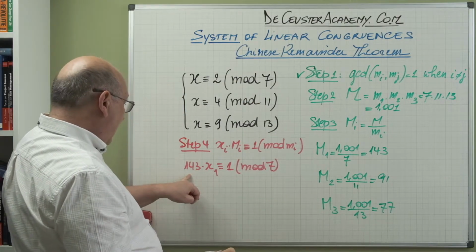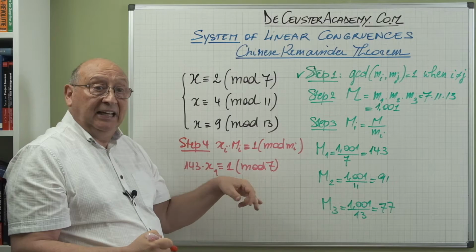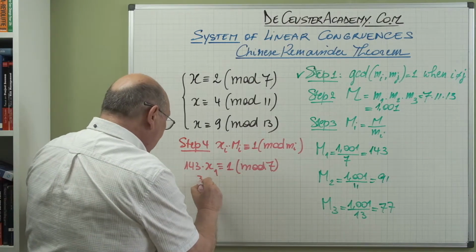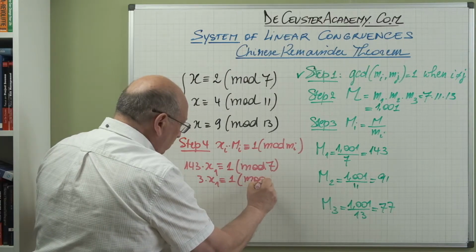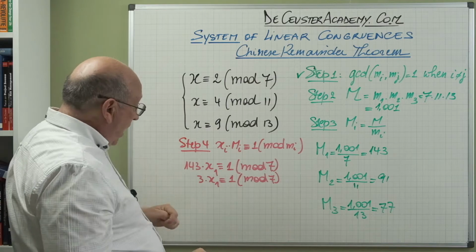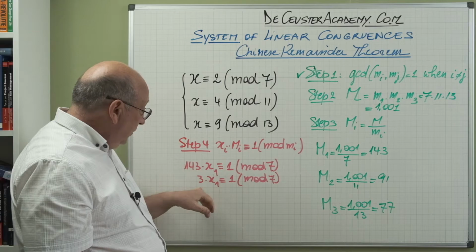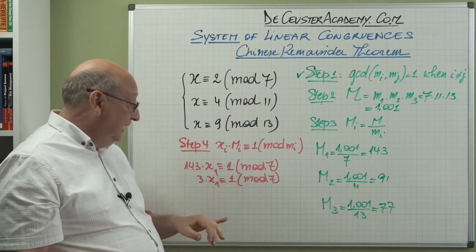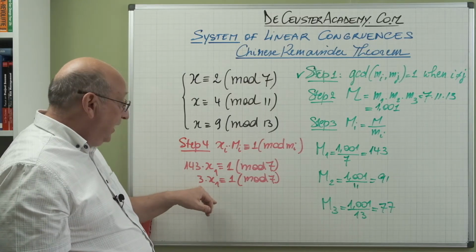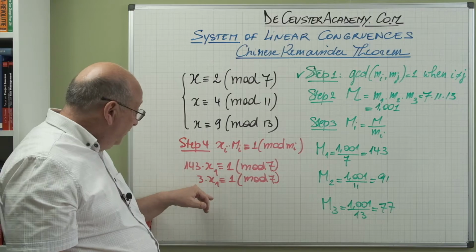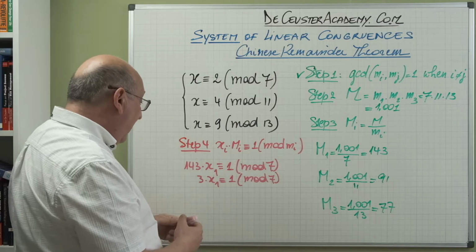Now we can rewrite this: 143 modulus 7 is the same as 3, so 3 times x1 is congruent with 1 modulus 7. Now we have to find the modular inverse of 3 modulus 7. It's very easy to find because when we multiply both sides with 5, 5 times 3 is 15. 15 modulus 7 is in fact equal to 1. So we find here